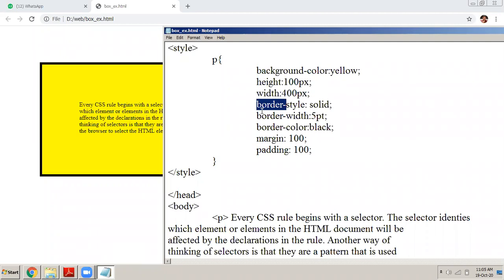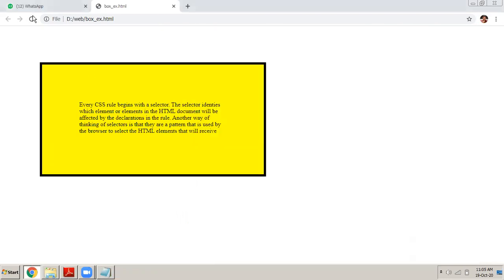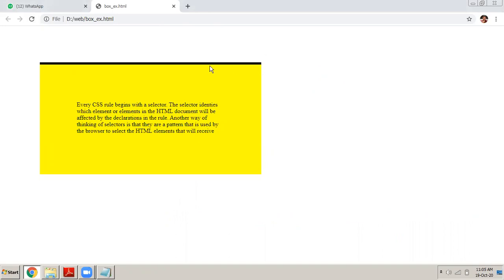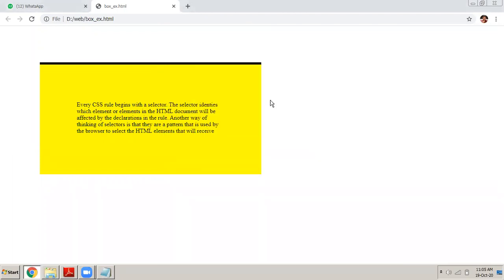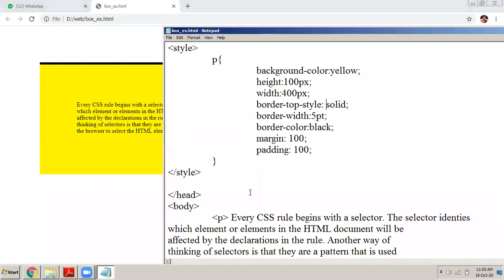And this border style, when I say border style it will be solid. What if I say border top style? What if I say border top style is solid? Only the border top style will be solid; left, bottom, and right I'm not defining. So you can also give different styles to different parts of the border. You have a top border, you have a bottom border, right border, and left border. So you can say border top style is solid,